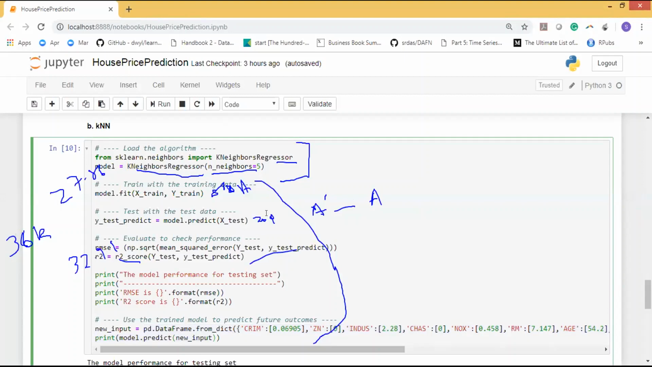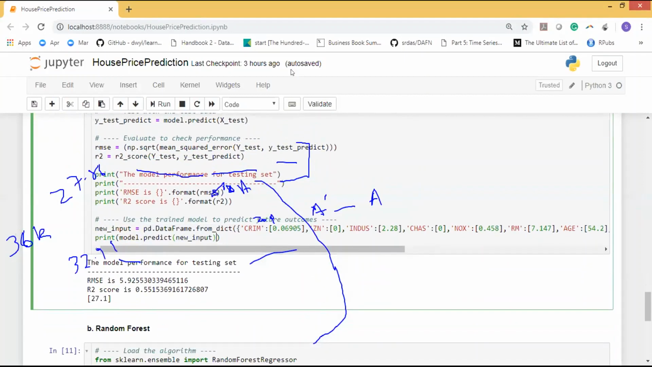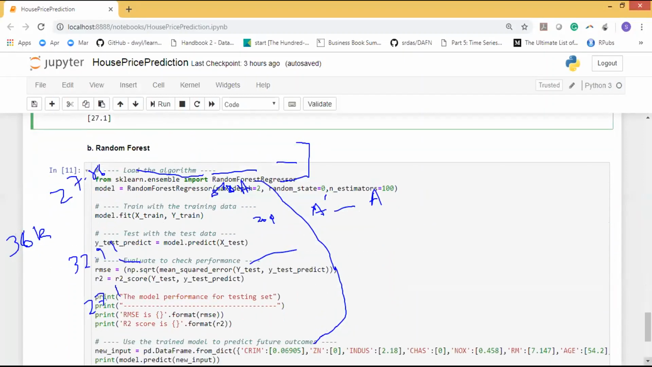So let's see how good KNN is. 27.1, it is even worse, right? It is 27.1, which is even worse. I wouldn't go for KNN. One final attempt, we tried random forest, okay? We tried random forest, and friends, again,